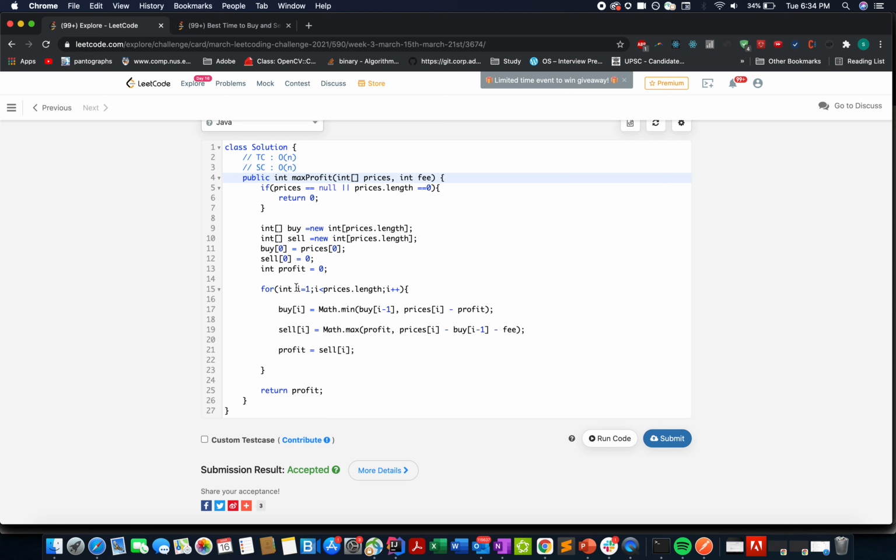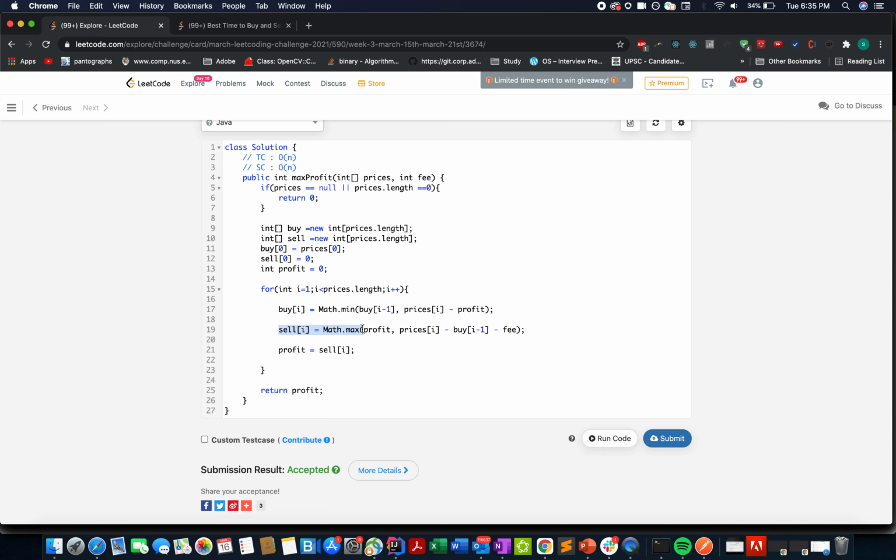And let me just reiterate the logic. We have built two arrays, one for the buying today case and one for the selling today case, and kept the profit in a variable. Whenever you are buying on the ith index, there are two choices to make. One is the buying factor from the previous day, whatever it was. Otherwise, since you are buying today, you have to pay it from the profit that you have earned so far. So current price minus profit. The minimum of these two would be your buying factor, because we want to minimize the value for the current buying price for the current day.